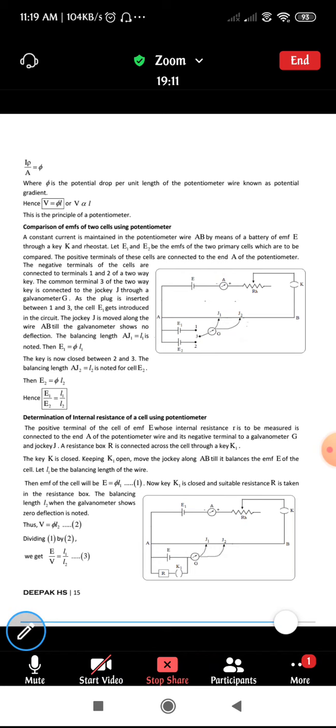Okay, so just go through once. In case you have any doubts, please let me know. Just go through the circuit first, then go through the explanation part, then the mathematical steps. In case of any doubts, let me know, I'll clear your doubts. Okay, just go through for a few minutes.